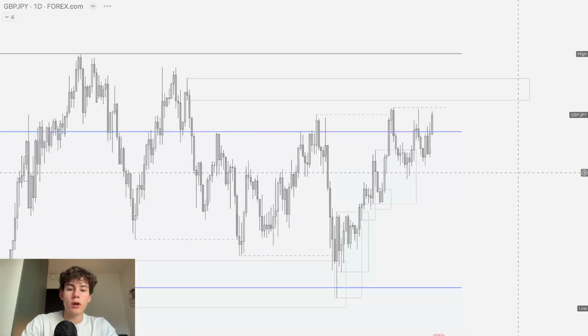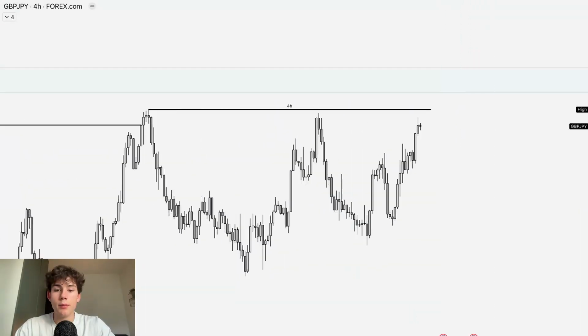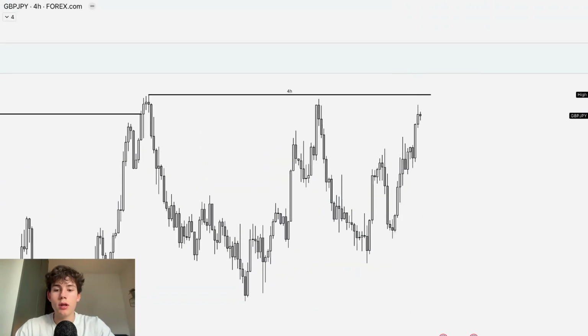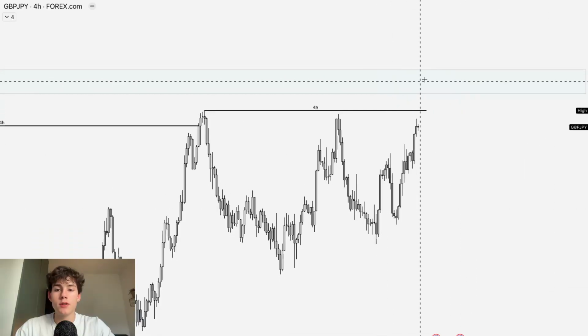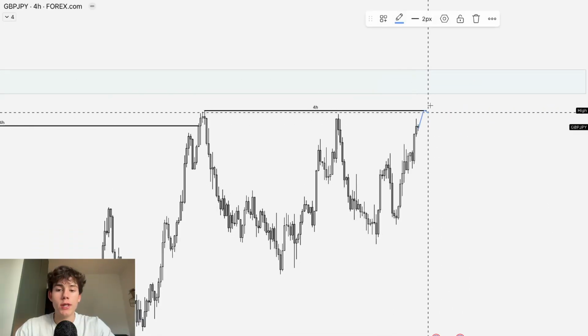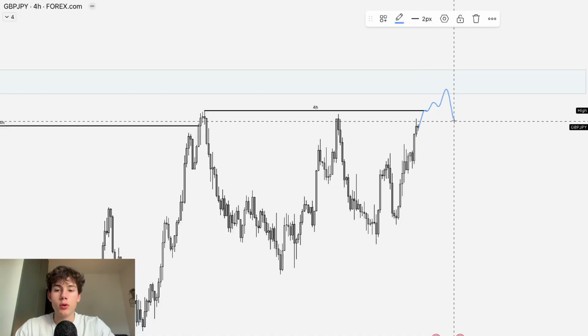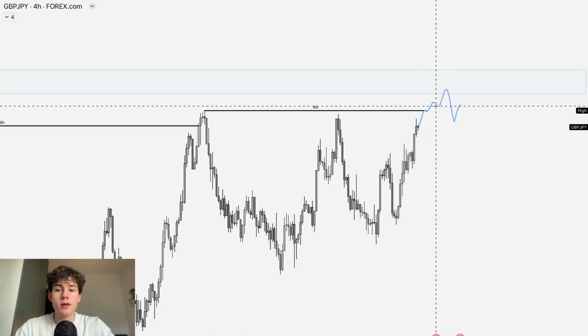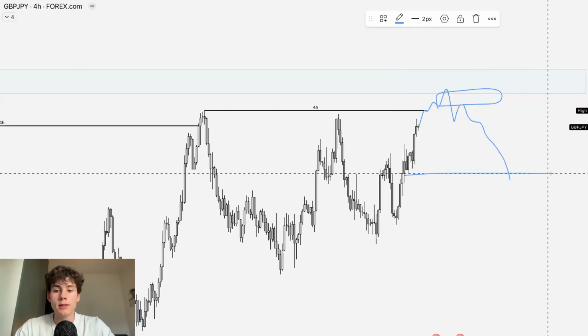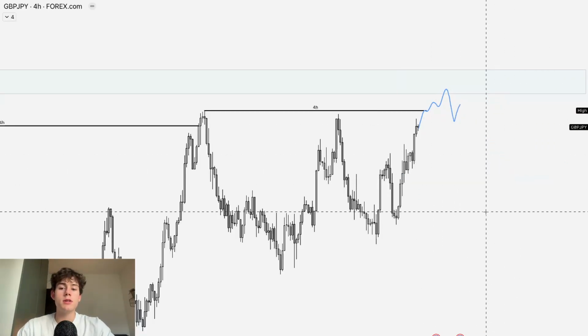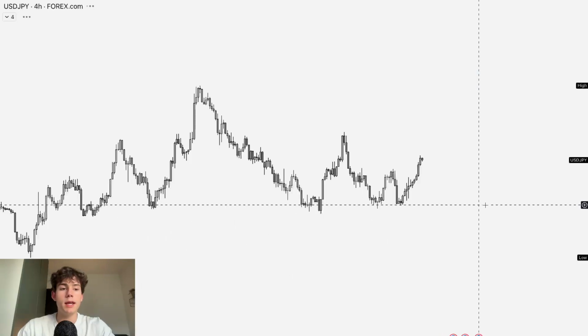On the 4-hour time frame, I'm definitely not going too long anymore, because I'm just waiting for those A plus shorts from that supply zone. So I'm waiting for that supply zone to get tapped. You know the drill, wait for the fractal break as our confirmation. Then we have a supply zone to then trade down lower to take some liquidity at these lows. So that's again what I'm waiting for on GBP yen.